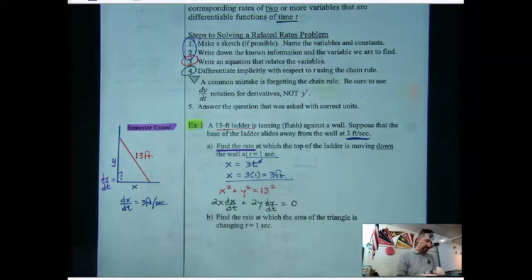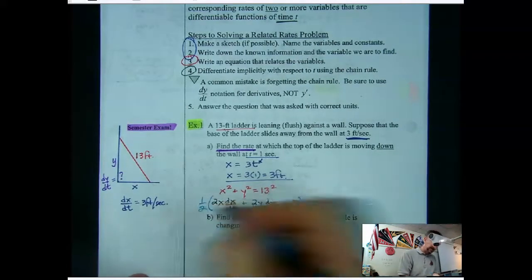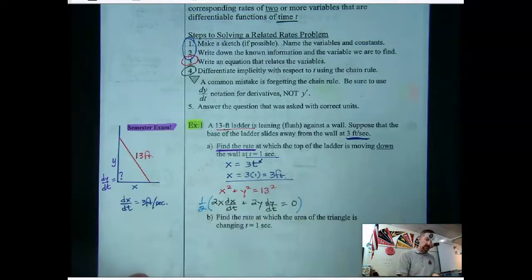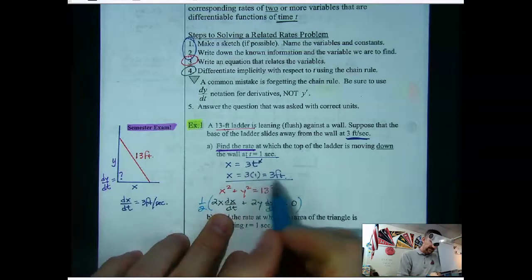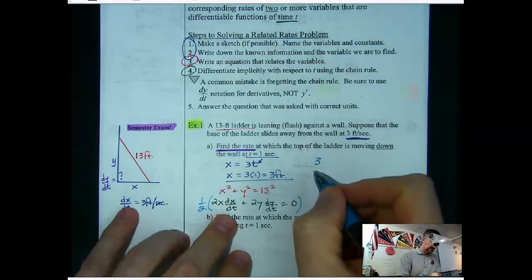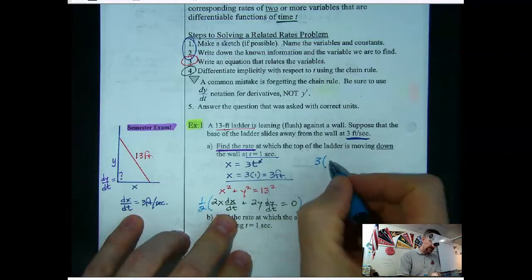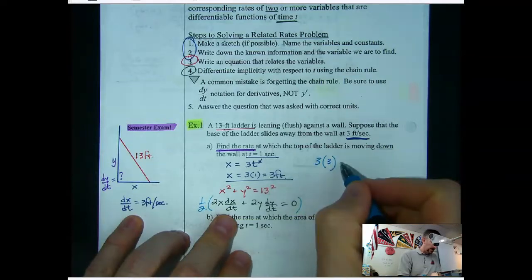Actually, before we do that, we could multiply this whole thing by a half to cancel out those 2's. So now we would just be left with x dx. So x is 3 feet from there, and dx dt we found was 3 feet per second. Okay, plus